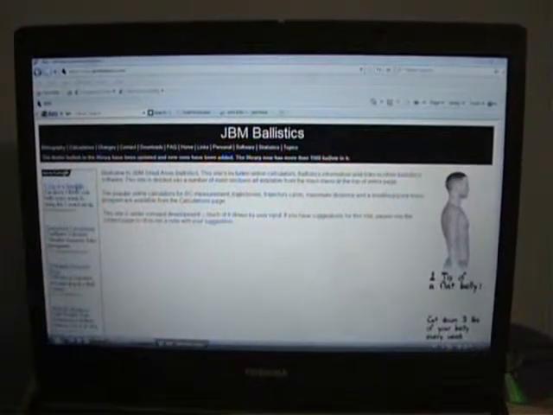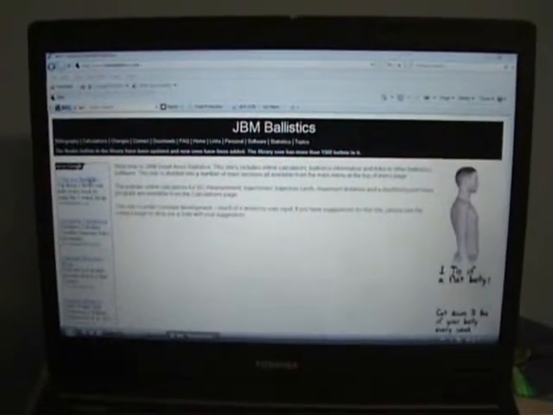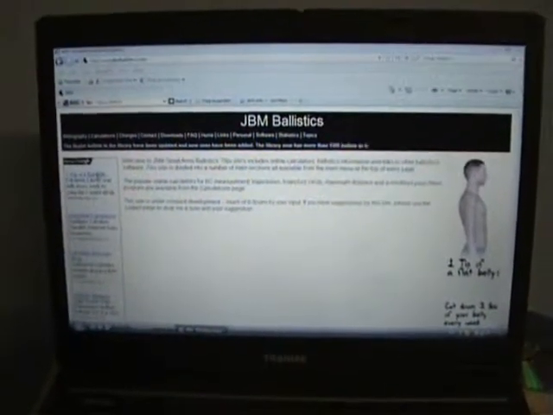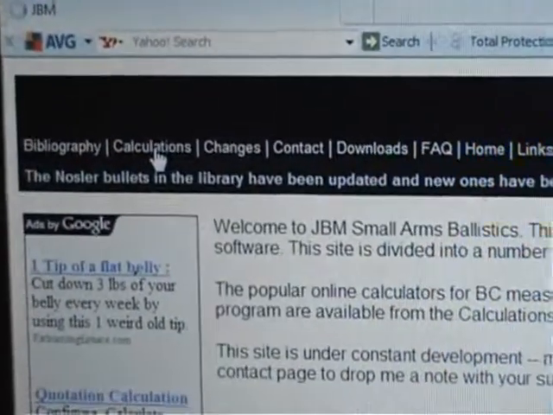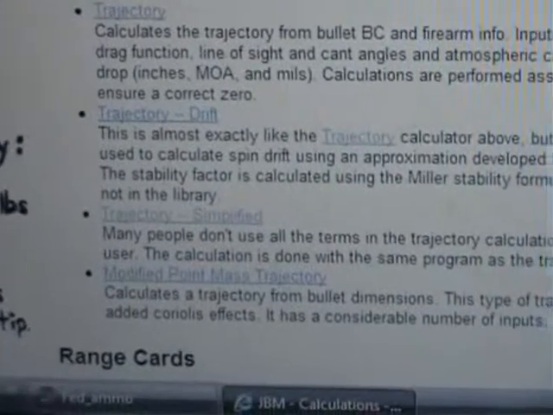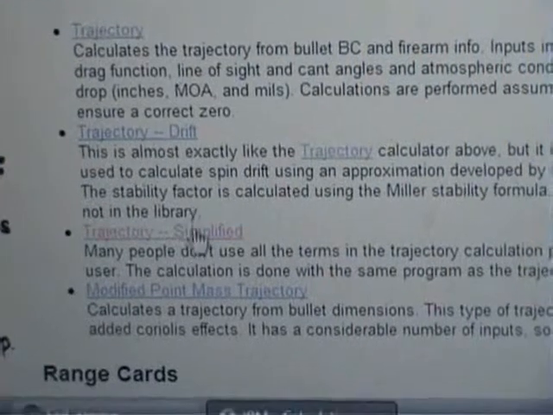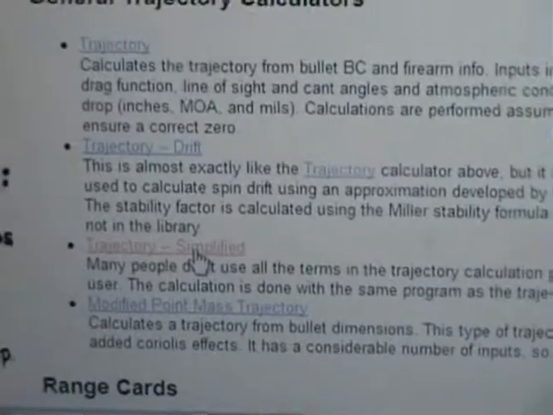I was just surfing the net today and I was looking for a good ballistic calculator, and I found this site called jbmballistics.com. Just type that into your address bar and you go to the page and there will be a section called calculations. Click on that and it's got a few ballistic calculators, but the handiest one to use, unless you're like a super rifle genius or something, is the simplified trajectory one. So you go into this page